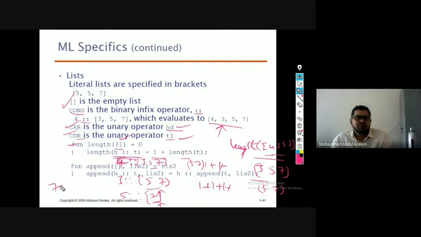Now what happens again when you send it inside the code? That will be like one plus length of tail. What is tail here? Empty list. When you send this empty list, when matching happens, the first definition will get matched, so it returns 0. So it will be plus 0. So what is the value that you get? It is nothing but 4, right?